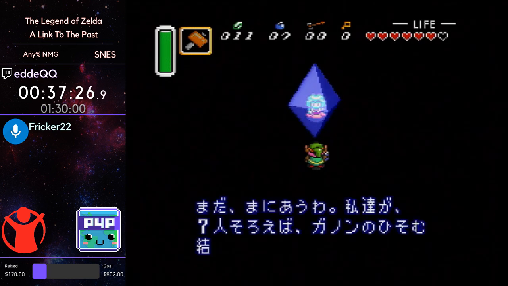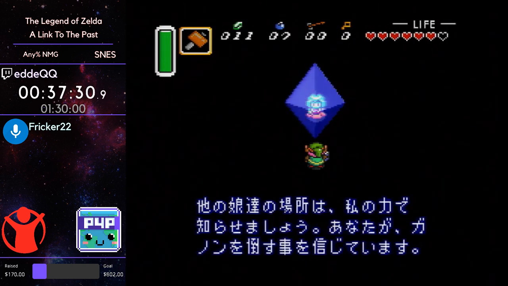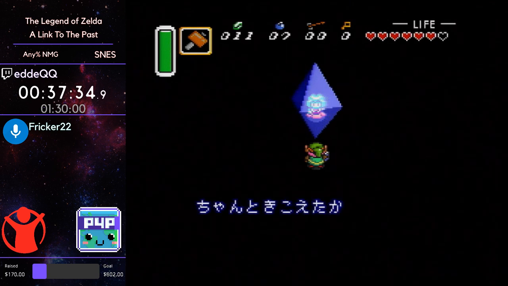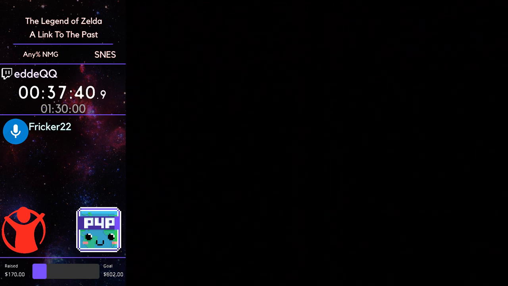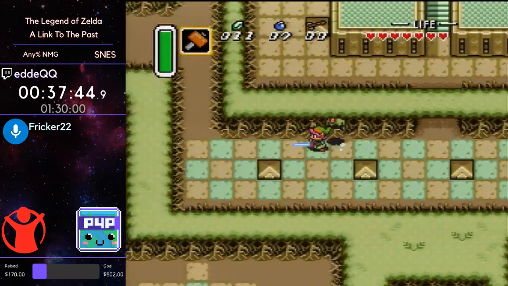Alright, so we have our first Dark World dungeon down. We are going to make our way out of the pod section, and then we're going to grab a shovel and get the flute. But before that, we're going to do some fun stuff. So as he makes his way out of here,